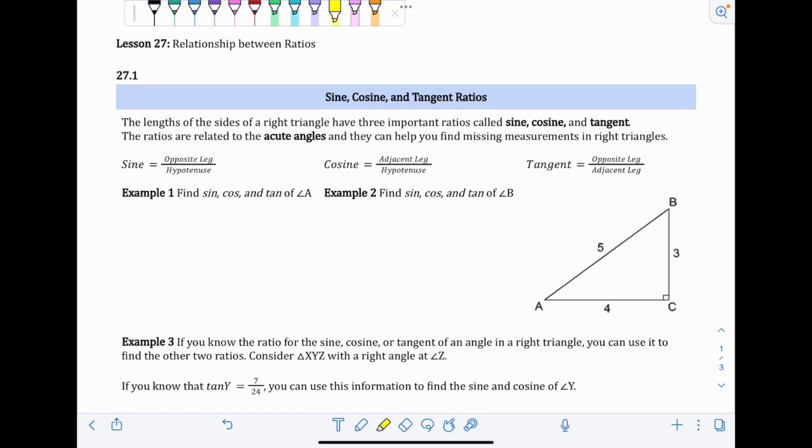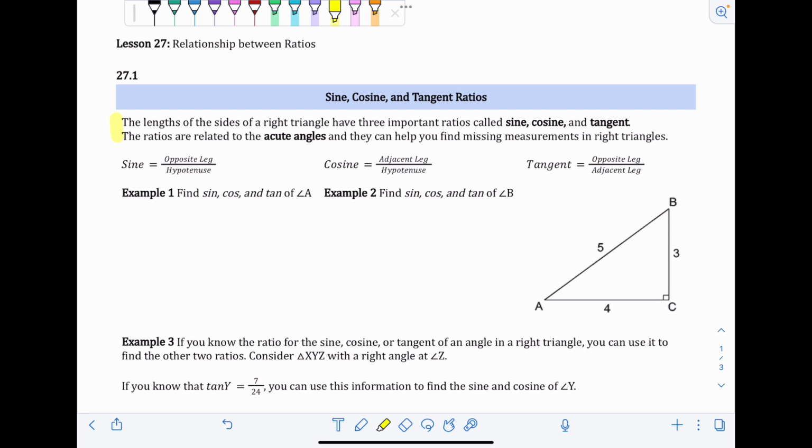Lesson 27 is relationship between ratios. 27.1 introduces the trig ratios, so sine, cosine, and tangent. Starting up at the top, the lengths of the sides of a right triangle have three important ratios called sine, cosine, and tangent. The ratios are related to the acute angles, and they can help you find missing measurements in